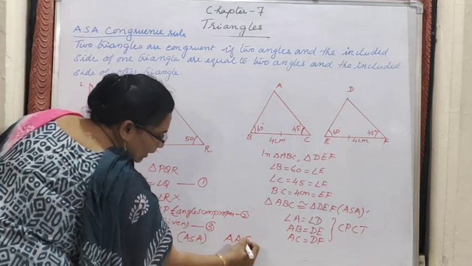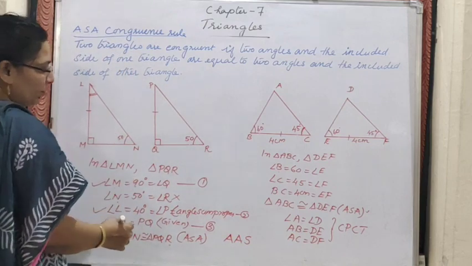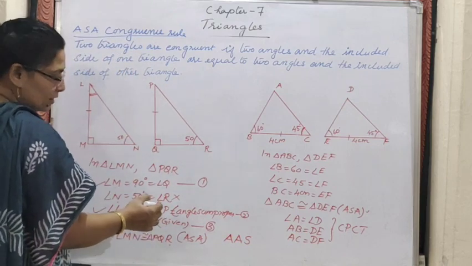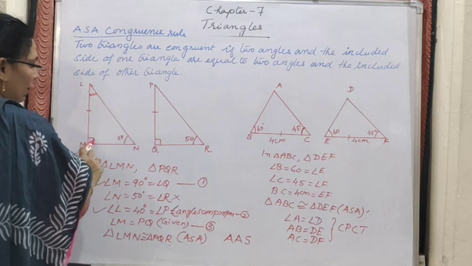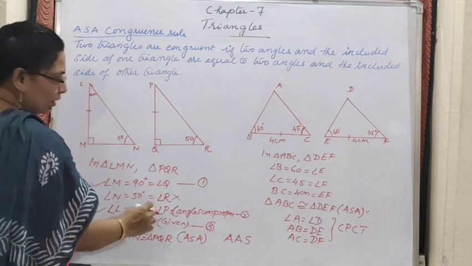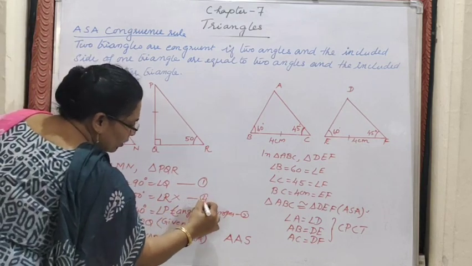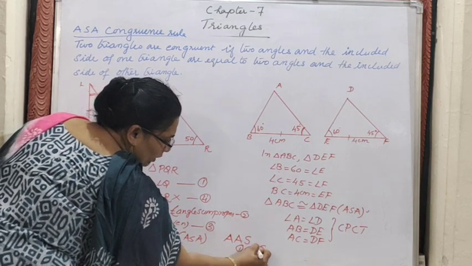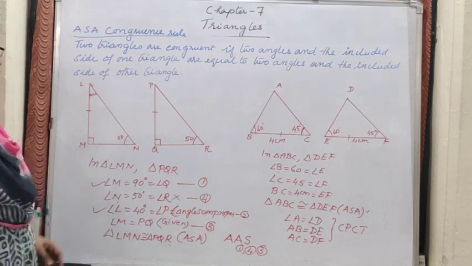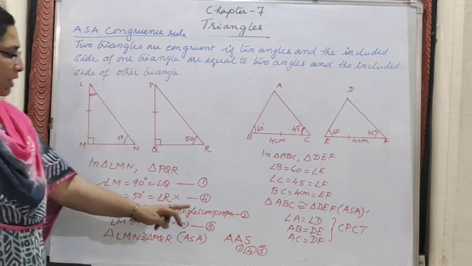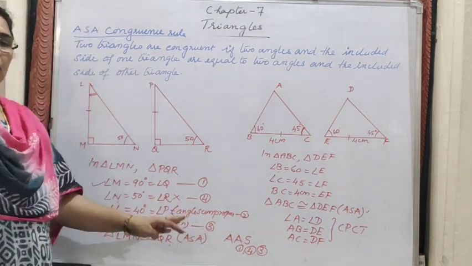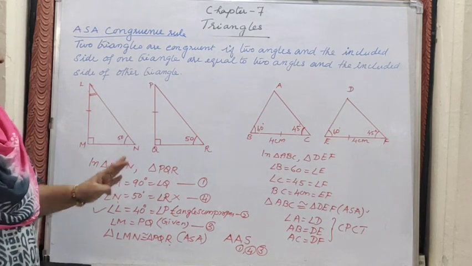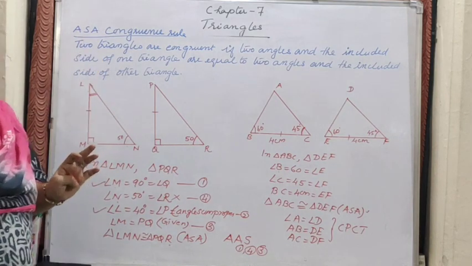That means the side is not included. That time which statements have we considered? Angle M and angle N we can consider. This I will make as 4. So equation 1, equation 4 and equation 3. See, because the side is not included, S we are writing outside. So this is also correct for congruency in the case of the ASA congruency rule.